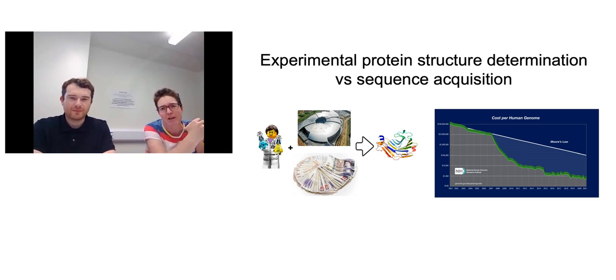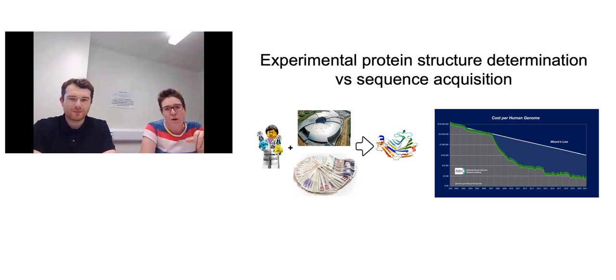I love the right, partly because I'm a computer geek as well. So the white line on that shows the speed of Moore's law. Those of you who care about computers, that is showing the doubling rate we expect for processor speed on computers. And everyone thinks this is an awesome thing, and it is, it's incredible. But just to give a comparison, the green line going down is the speed at which the cost of the human genome has gone down. So our ability to collect sequence information is phenomenal now. We can easily get these very large sets of sequences. We cannot very easily tell what the shapes or structures of those sequences are.